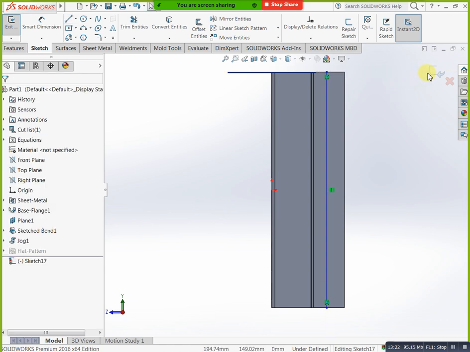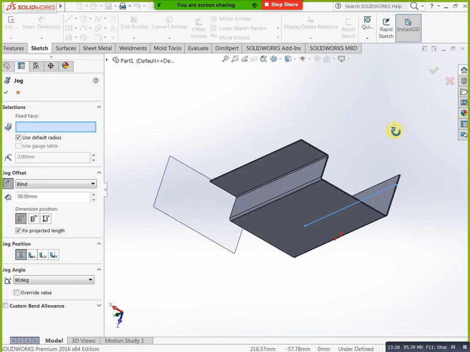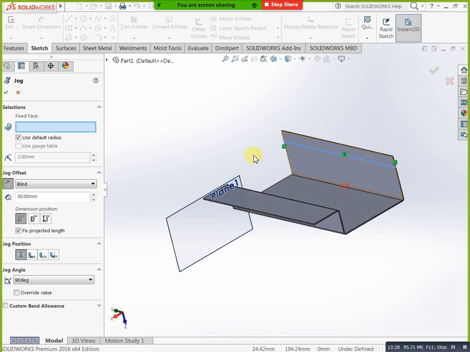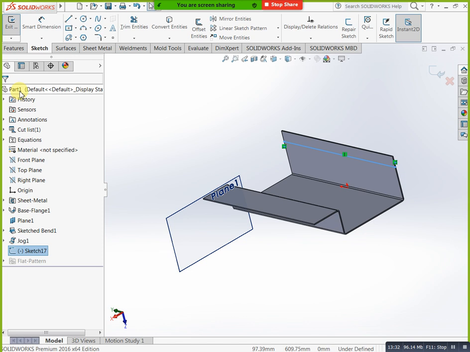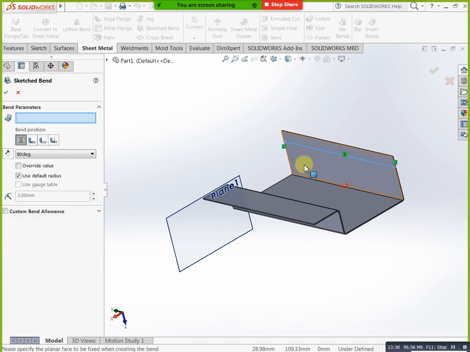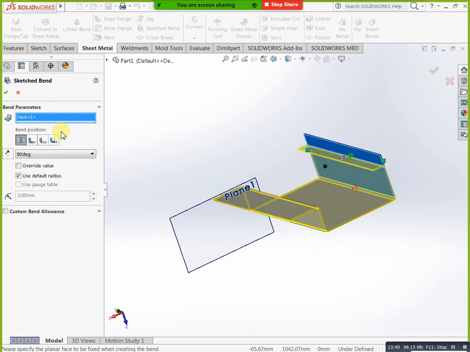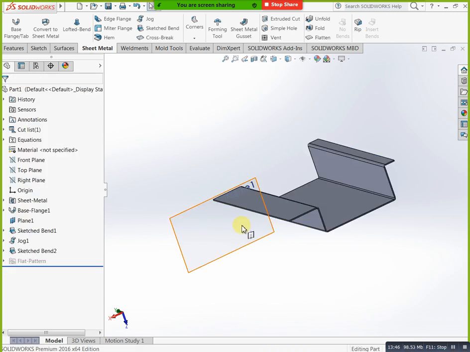Now go to the sketched bend, select this feature. Now you can see we have bend. If you need outside, you can mention like this. This is outside bending. Now you can see this is our profile. See, if you need this type of models, you can create very easily by using this one.